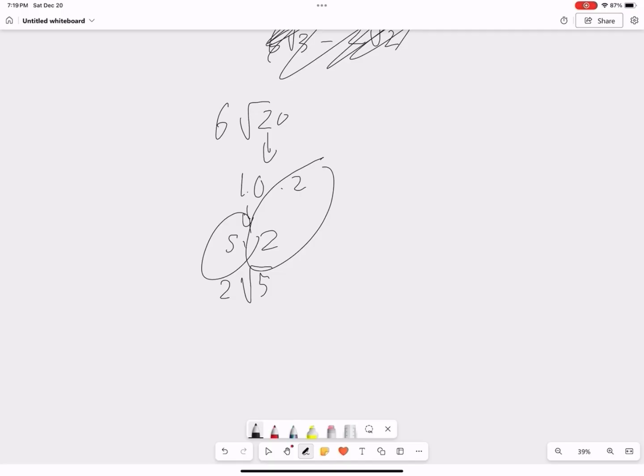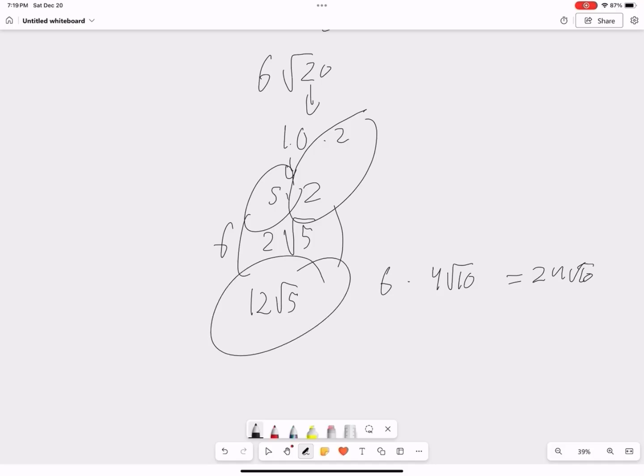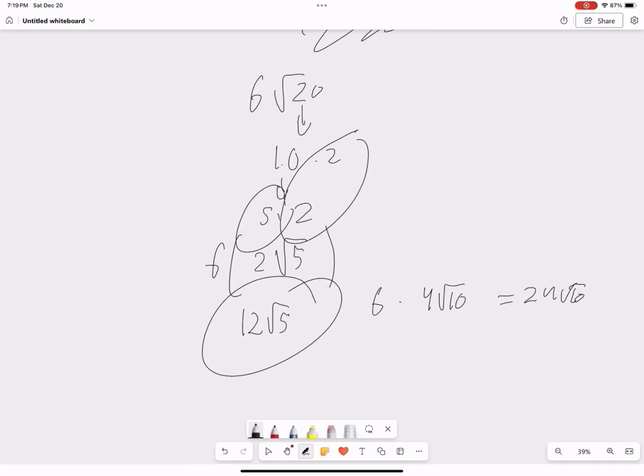But this is just the square root of 20. This is saying 6 times the square root of 20. So you see that 6, all we do is we times it by that 2. So it just becomes 12 root 5. So there's an identity you can know, or I'll give you an actual example. If you have 6 times 4 root, I don't know if it exists, 10, you just times the numbers on the outside. So it just becomes 24 root 10. The same idea here. So this becomes 12 root 5